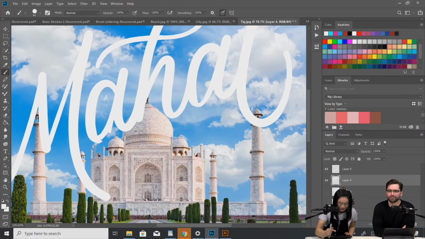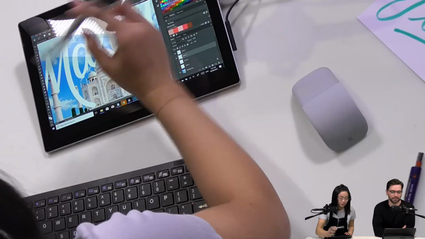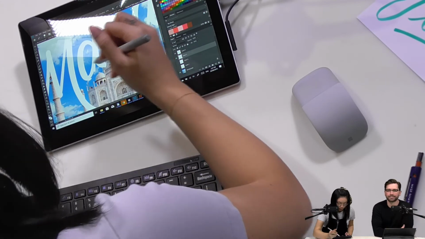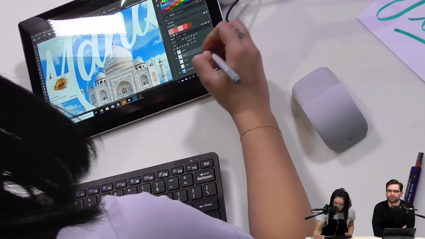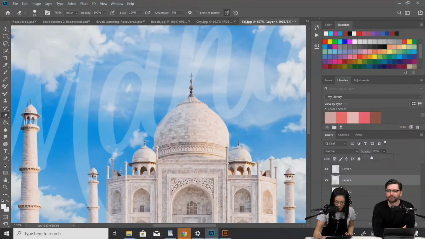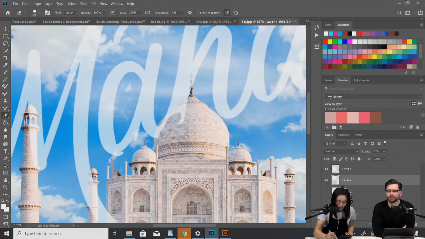It's actually cool because the Surface Pen has a rubber on the back, so if you really quickly need to rub something out, you can just physically flip it around and rub stuff out. Yeah, so cool. But, oops, that's not a rubber. Also, I turn the opacity of this down so I can see the background, so I can see what I'm rubbing out. So I'll go ahead and rub that.